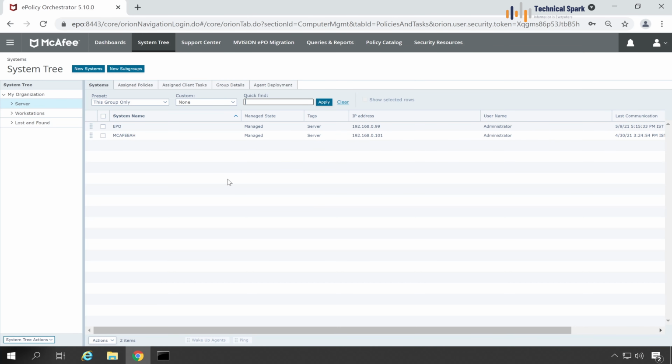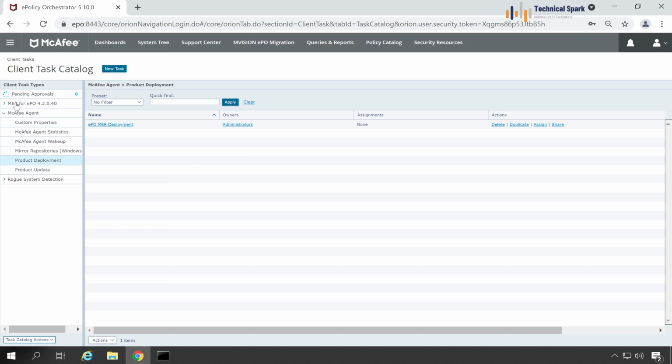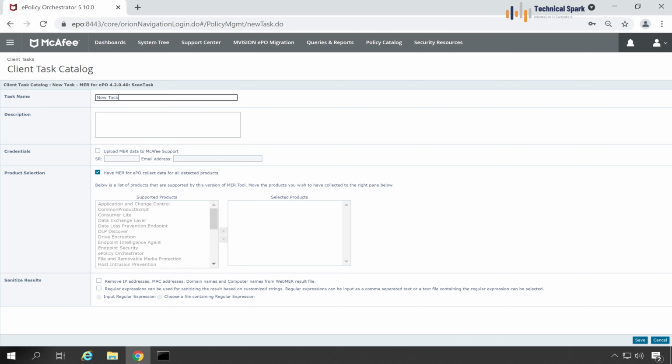Now guys, we have to create one scan task. For that, again go to the menu and then client task catalog. Go to the MER for EPO. Under this, we have to click on scan task. Click on the blue button, which is new task. Task type is scan task. That is fine. Okay. Let's give a name like EPO for MER,